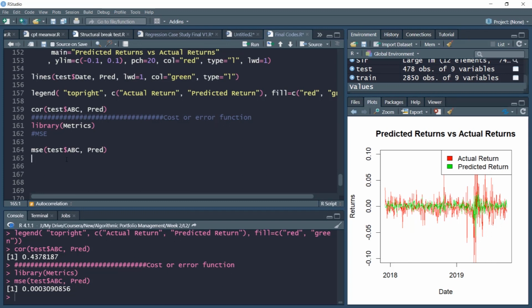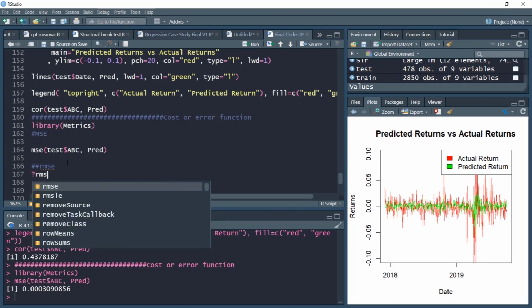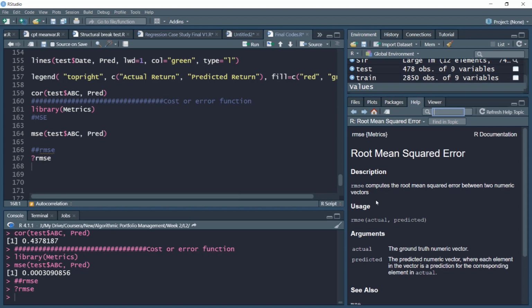Another variant of this error could be RMSE. RMSE computes the root mean squared error between two vectors, like we have here two returns, actual ABC returns in the test data and its predicted values. Also, if you want to know more about these measures, you simply type ?RMSE and you'll get most of the information here. You can check on the internet also, but most of the relevant information can be obtained from the help window.